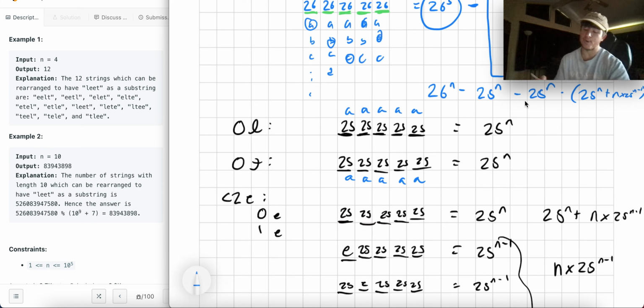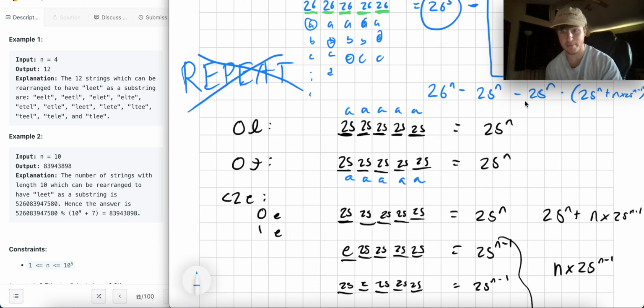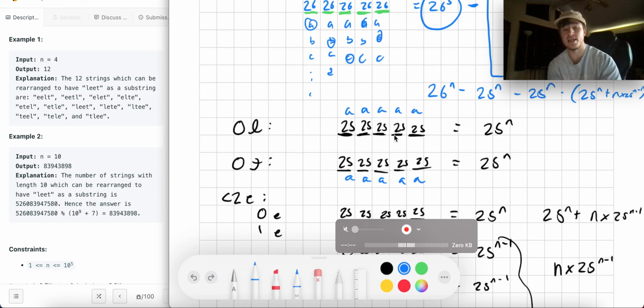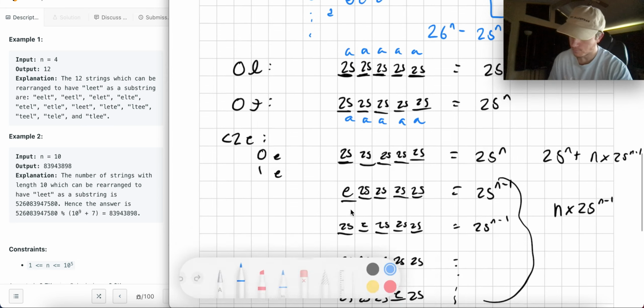So one of the main problems in statistics always is, how do you handle repeats? These repeats, they always mess you up, okay? Because these events aren't exclusive. So we have to think about this in terms of, well, although there's 25 to the n's where there's 0 L's and 25 to the n there's 0 T's, and same with these e's, right? 0 e's, well, I could put all A here, and that meets these conditions. There's intersections, and we don't want to overcount them. So how do you deal with that in statistics, where you think about what we really want, right, is we want